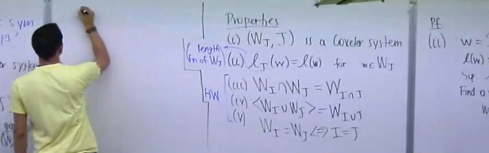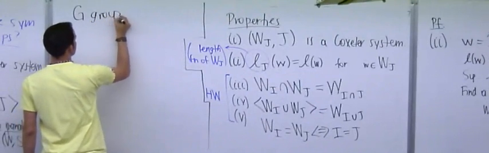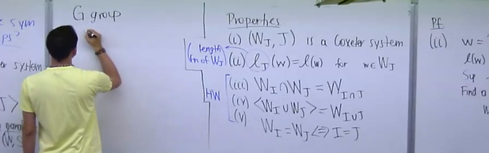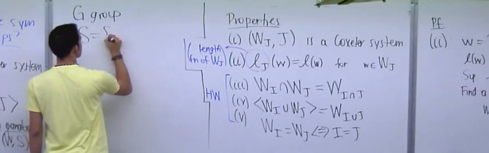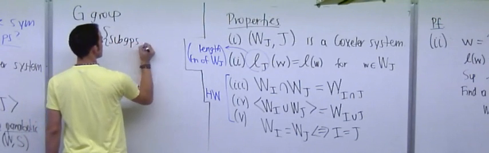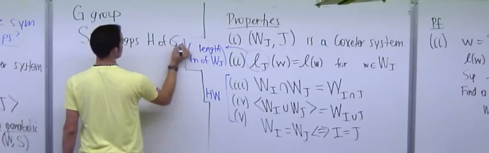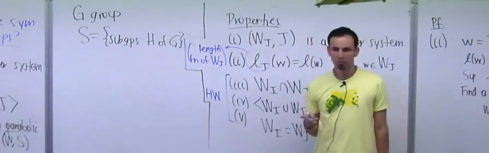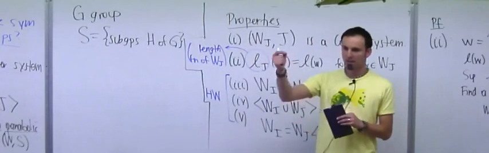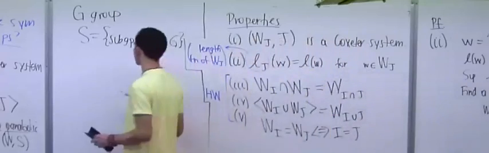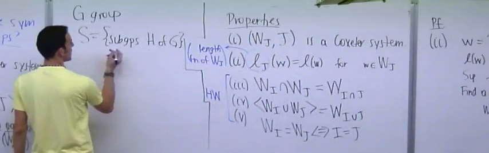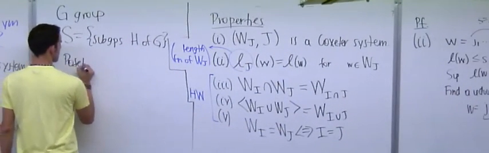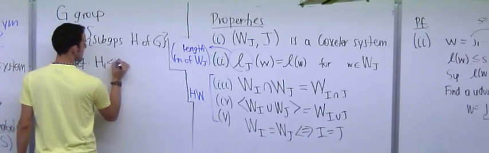Let's say that you have some group, and you consider the set of subgroups. Okay? Let's call it, I don't know, S. Subgroups H of G. I can make a poset out of these by saying that H is less than I if H is a subgroup of I. It's the only natural poset that you make. So make a poset by saying that H1 is less than H2